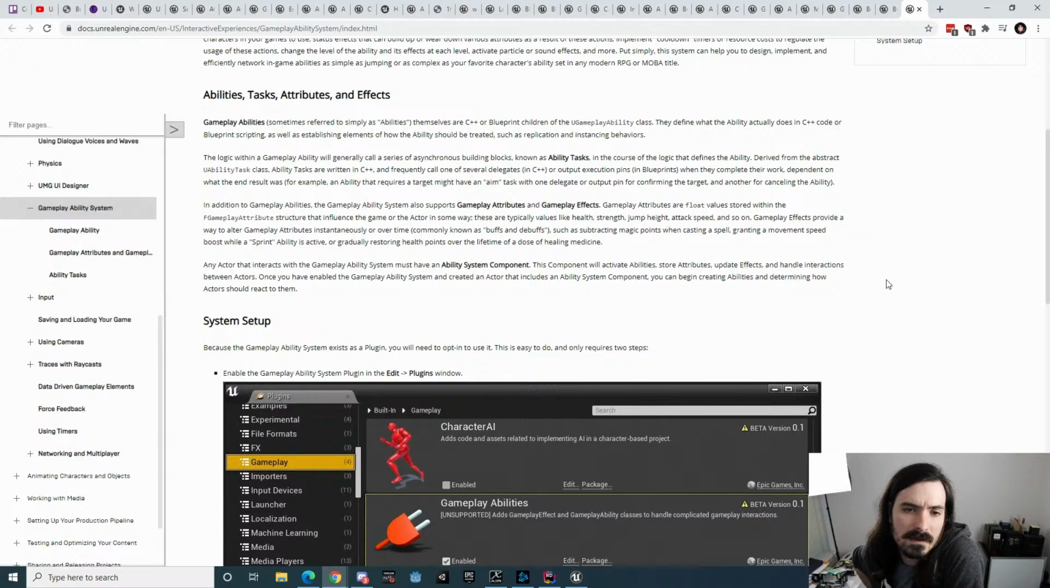In addition to gameplay ability, the gameplay ability system also supports gameplay attributes and gameplay effects. Gameplay attributes are float values stored within the FGameplayAttribute structure that influence the game or the actor in some way. These are typically values like health, strength, jump height, attack speed, and so on. Gameplay effects provide a way to alter gameplay attributes